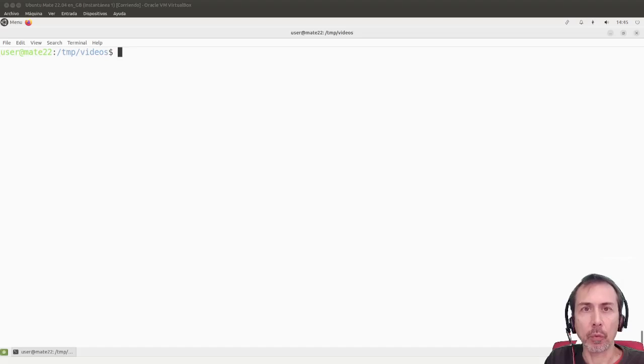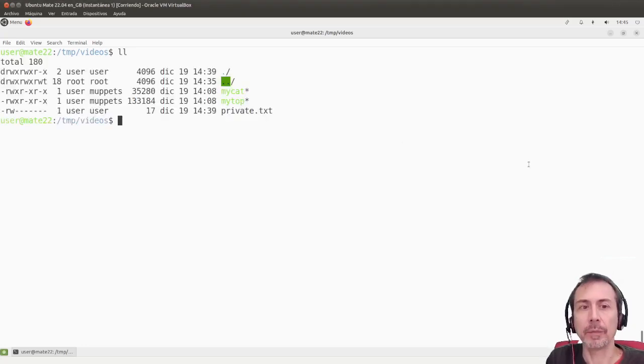They work in a similar way and allow a user, when a user runs a file with the set UID or set group ID bits set, then the process created will behave as if it had the same permissions as the owner of the file. So for example, here I have this program, mytop,